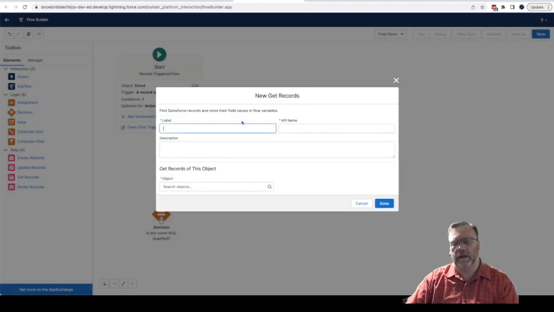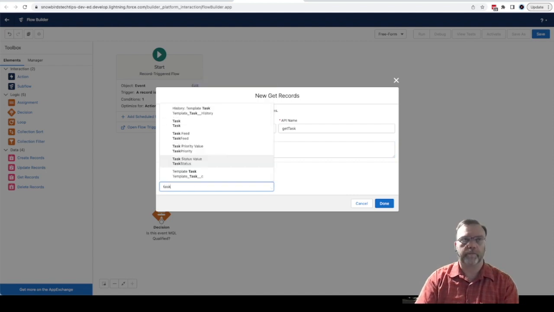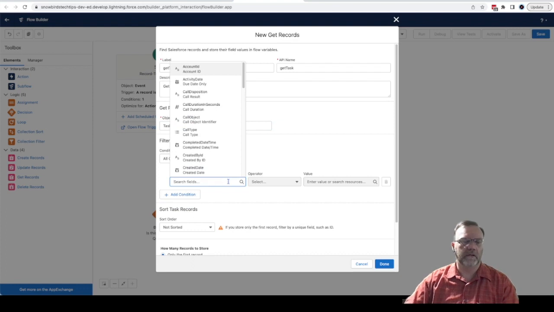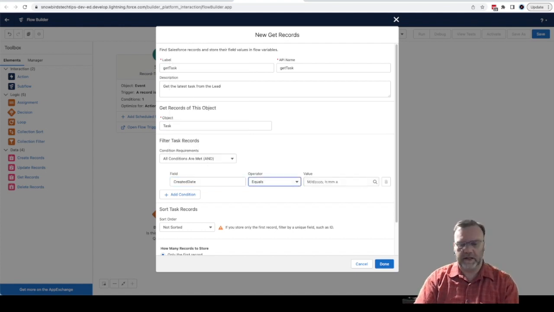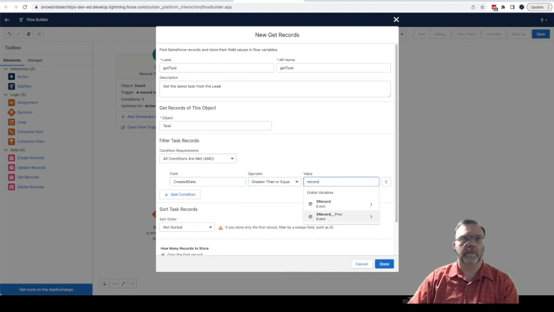I'm going to say that my requirements for my team are that when they do their phone call, they create a new task and they log the notes from the phone call. Which means that I should have a task on my lead where the created date is going to be greater than or equal to the end time of my event. So I'm simply going to say created date is greater than or equal to my record